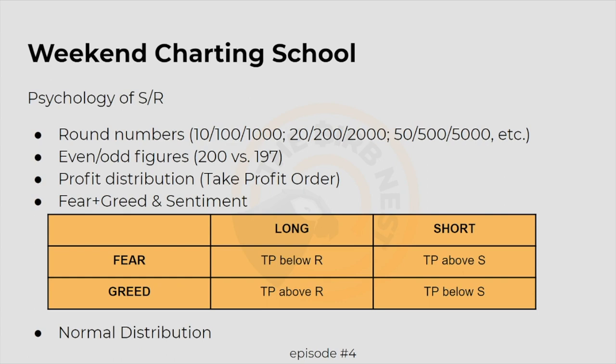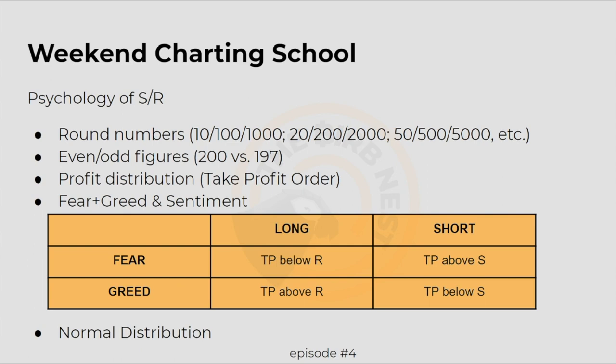So those fearful would set their take profit points below resistances, while those greedy, because they want simply more and more, even if it's 1 cent, are risking just not getting filled for some reason, because price may not necessarily reach as high as they put their orders at. So these would try to take profit as high as possible,